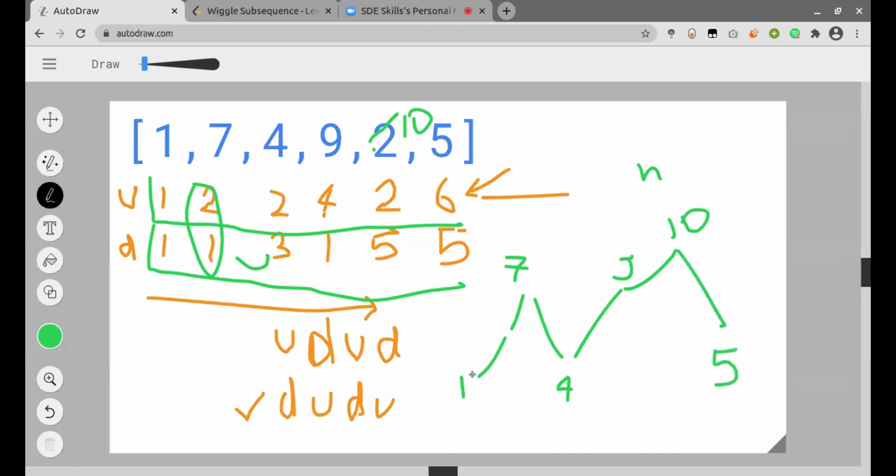Using the up and down variables, we were finding the local minimum and the local maximum, which are the peak elements in our hill. And the sequence including all the local minimum and local maximum adjacent to each other was my final answer. So here the final answer would be 1, 2, 3, 4, 5. Out of 6 elements, my answer is 5. So this is what we were actually doing when we were taking the up and down values.